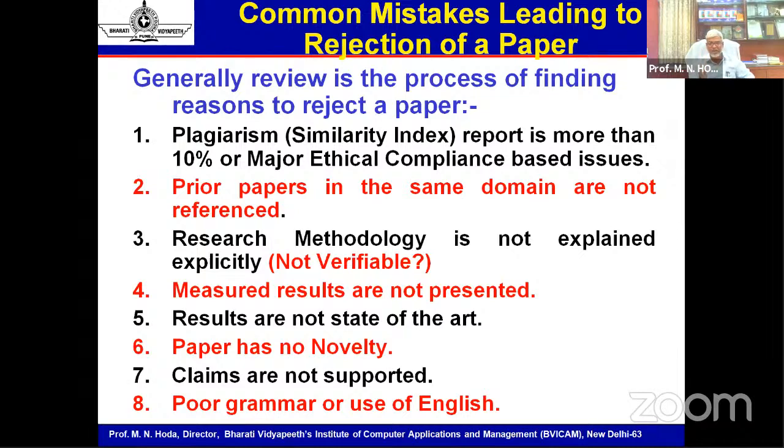You must at your level ensure that your results are state of the art, and in order to project that, you have to project that your paper has a novelty. Your paper is different in this way from all prior published papers. If you prove this, take it for granted your paper will be published. If you fail to prove that your paper has a novelty, no publisher is going to publish it. So results must be state of the art, and the paper should have novelty. That is the business interest of the publisher. And if you do not convince the publisher, with the help of the data available in your paper, that their business interests are also being fulfilled, no publisher will accept the paper, right?